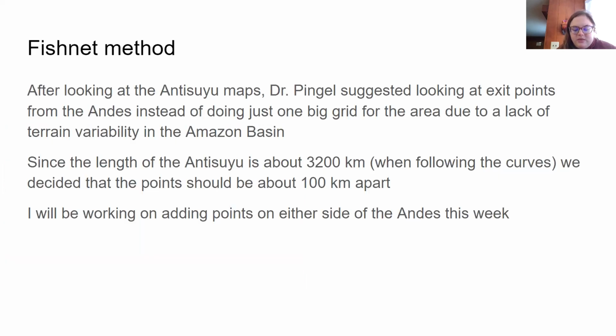So with the fishnet method, Dr. Pingle and I were discussing how in the Andes, it probably wouldn't make as much sense to do the fishnet method, considering the terrain has very little variability. It's very flat, especially compared to the Andes. So instead of doing one big grid,